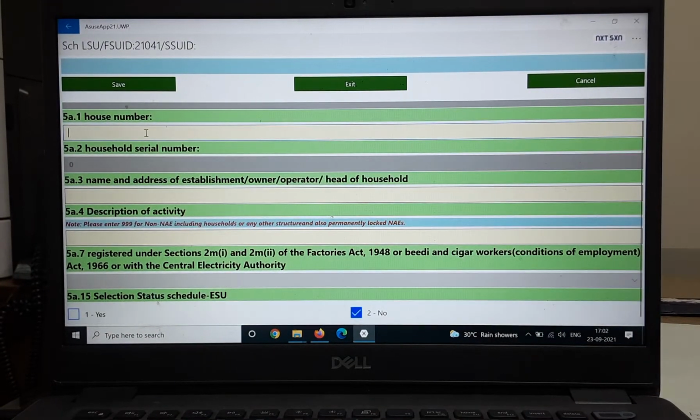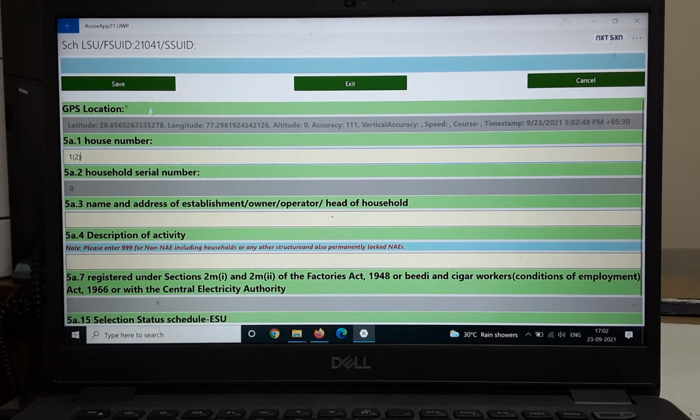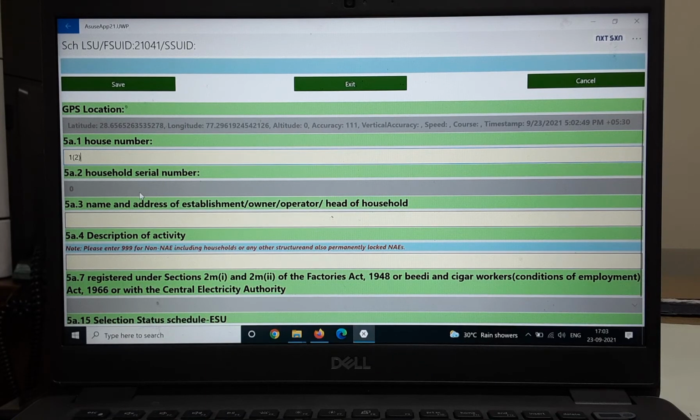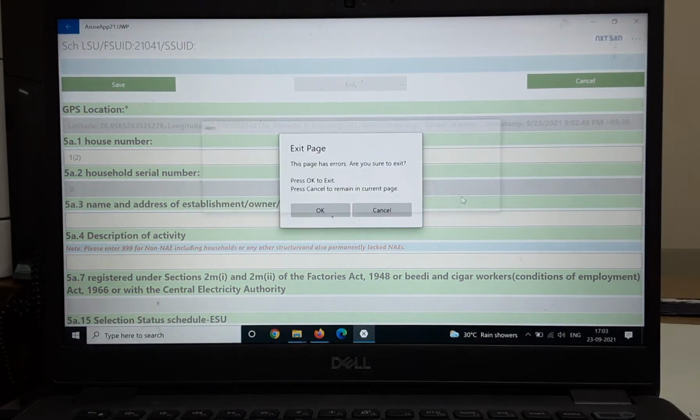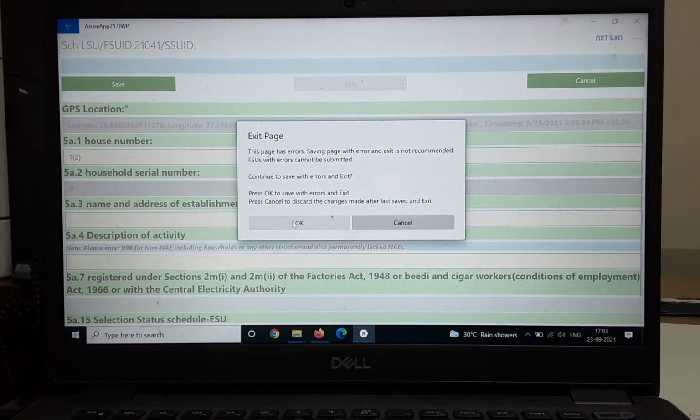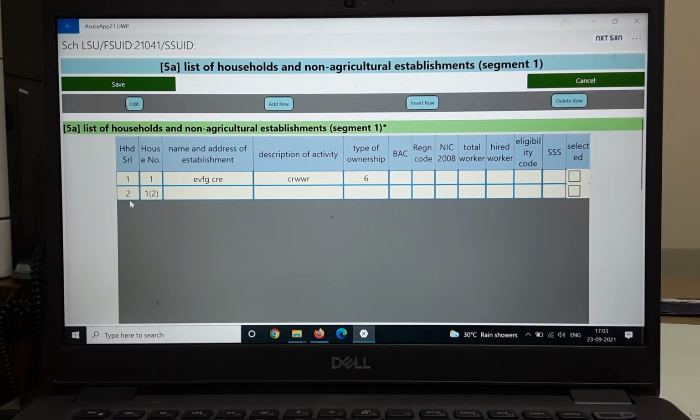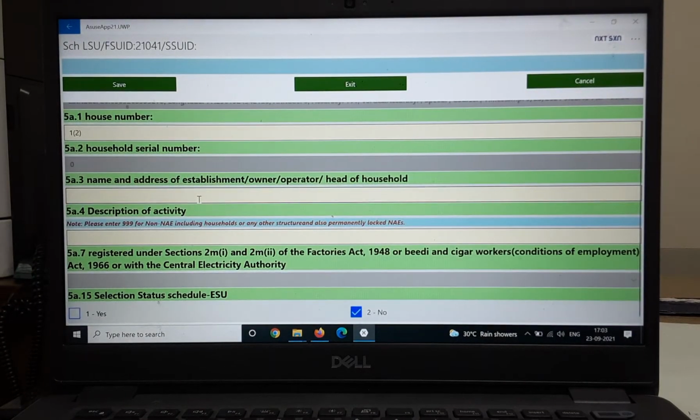Now add another record. Here again the house number can be anything, but the household serial number is a running serial number, as in block number 4.2, and is being thrown by the system itself. It will show us 0 here, but in actual sense it is the serial number, and we can confirm this from this page. So this is the household serial number. This will be a running serial number. Okay, so let us edit this record.